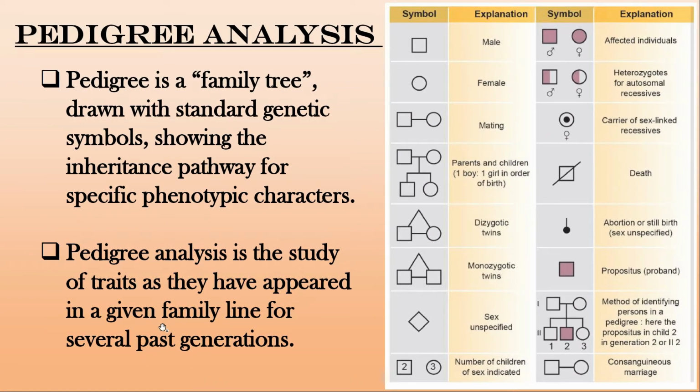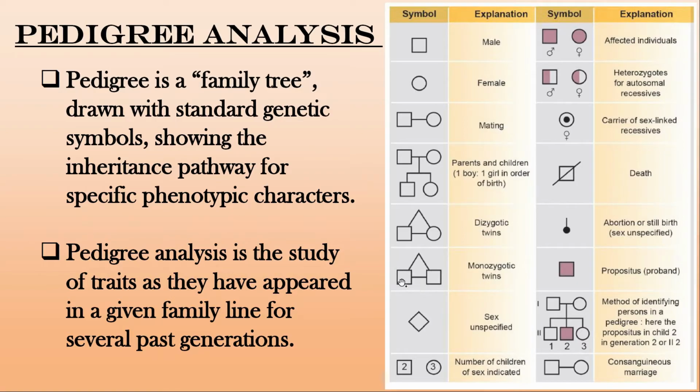Next we have pedigree analysis. Pedigree means family tree. A pedigree or family tree is drawn with standard genetic symbols showing the inheritance pathway for a specific phenotypic character. So here you can see the symbols and the explanation. A square will determine male, a circle for female, and this is mating or marriage, and they produce the daughter and the son, one boy and one girl in order, and this is the twins produced by dizygotic, and here monozygotic